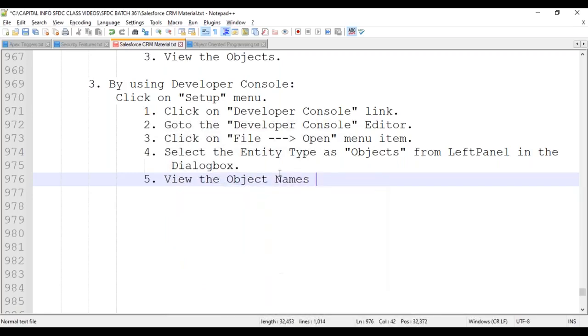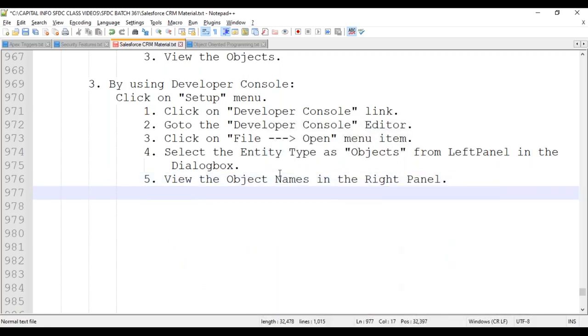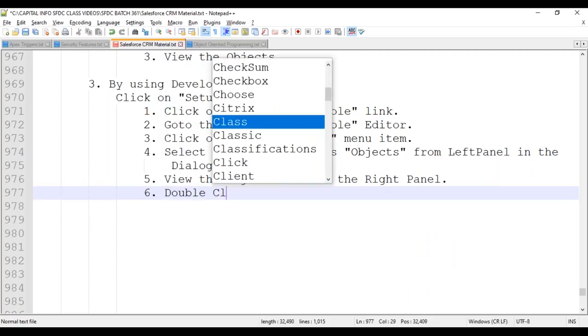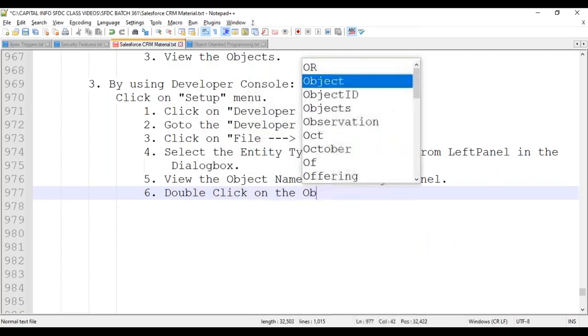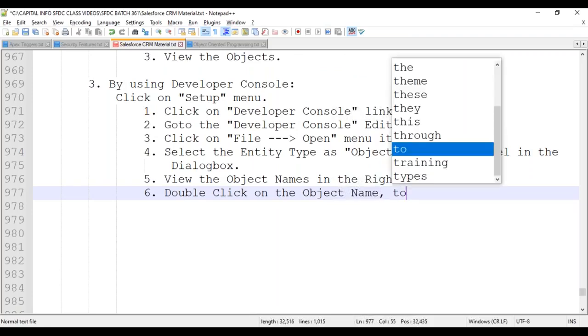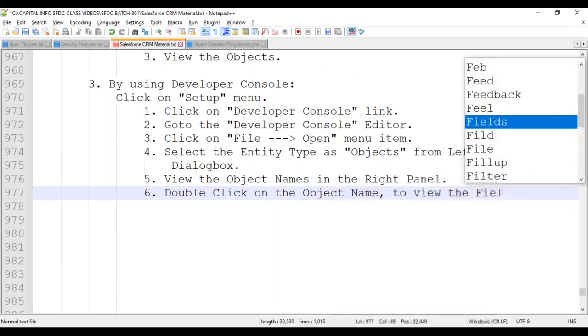Now, view the object names in the right panel. Double click on the object name to view the fields